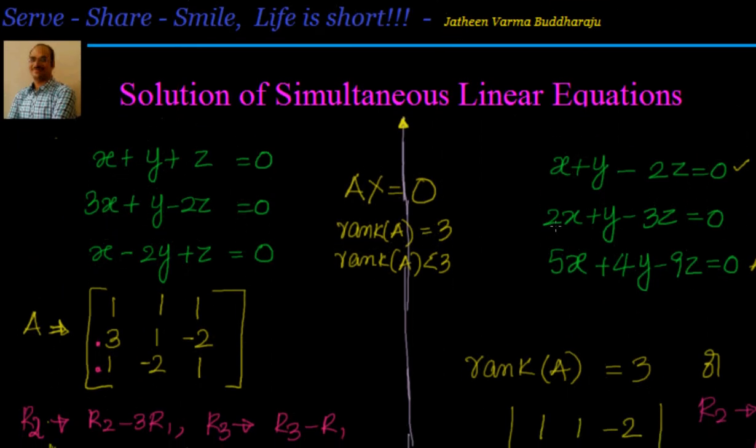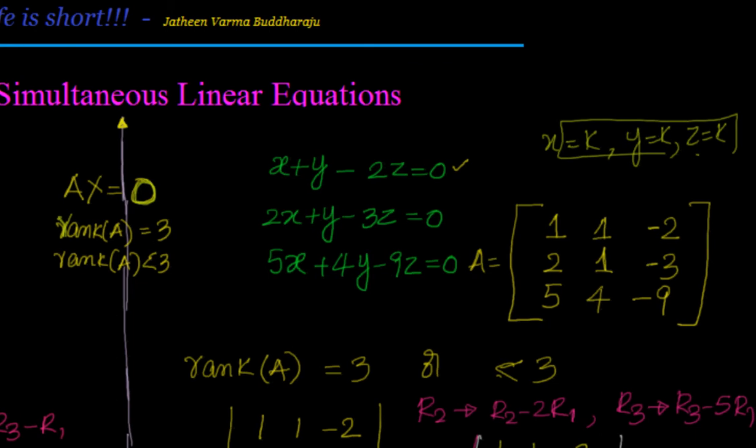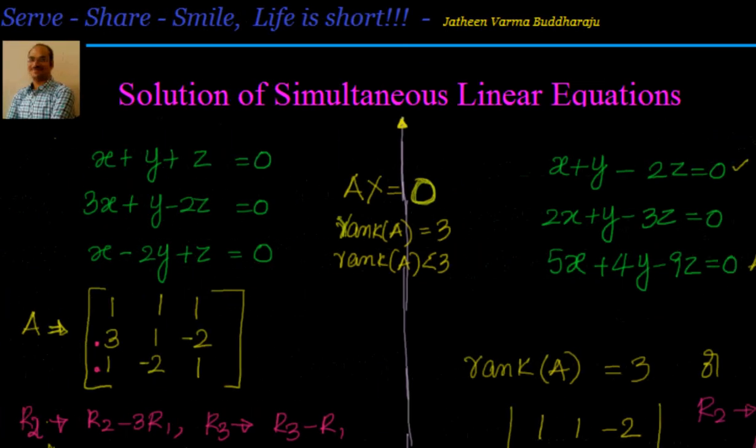So we have seen a couple of examples to apply the concept of solution of simultaneous linear homogeneous equations, in which it's not AX equal to D, we have AX equal to 0 format. Now the augmented matrix and the coefficient matrix both will have the same rank because the fourth column becomes 0. Now the criterion is to find out the rank of A. If it is 3, you have only the trivial solution, that is x equal to 0, y equal to 0 and z equal to 0. Otherwise, if the rank is less than 3, then you will have infinite solutions. In this particular case, the second case, you can see that x equal to k, y equal to k and z equal to k. So that's about solutions of simultaneous linear homogeneous equations.